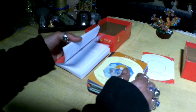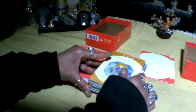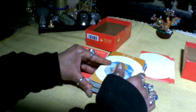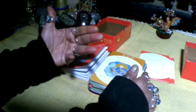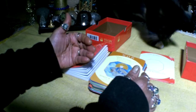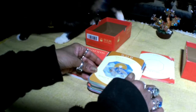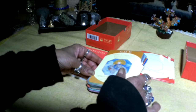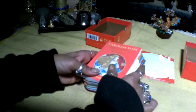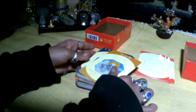The book was very, very insightful, and I still am working through it, so I am using it. But it is a great deck for personal spiritual growth, and even if you're getting into the tarot, where tarot deals with a lot of energies, it's very important to understand these archetypes, because the tarot does tend to cover these archetypes as you're working with these energies in the tarot. So this deck just helps you focus on it and understand it, and makes you more receptive to reading the tarot. So I think this is a great complementary deck for tarot reading, but it's also a very good